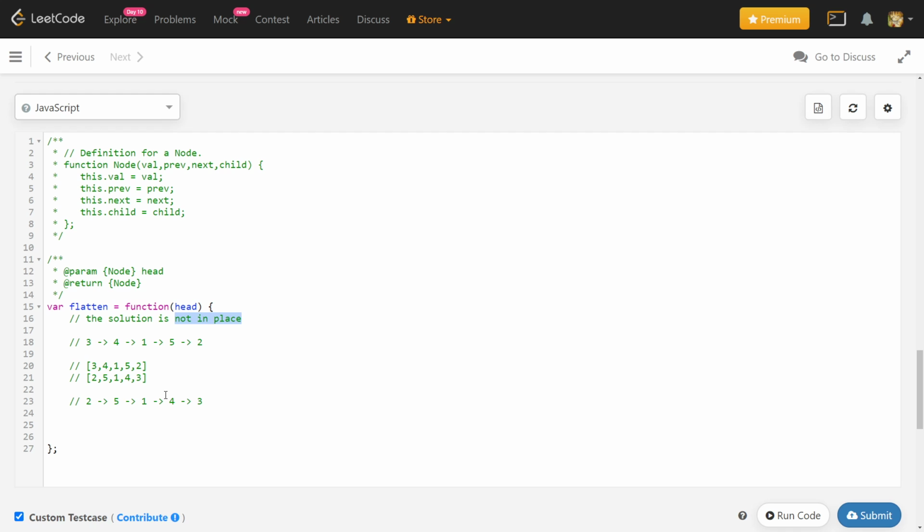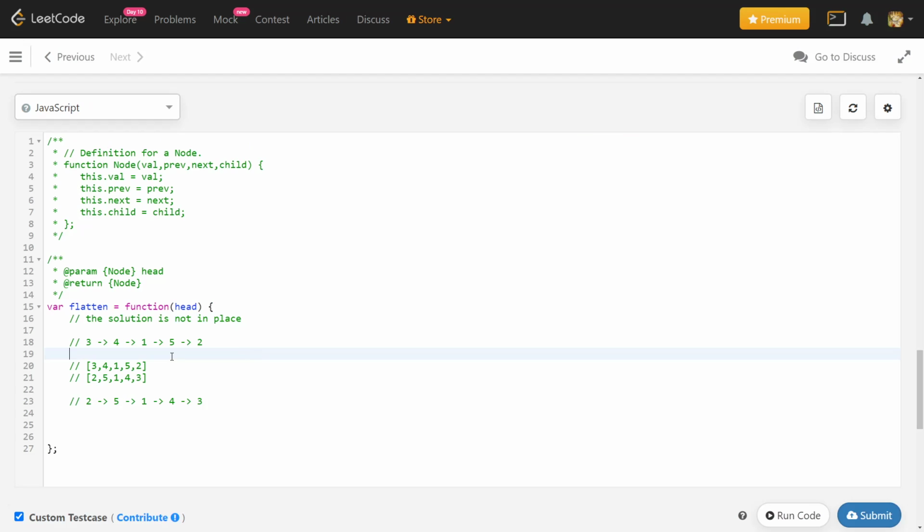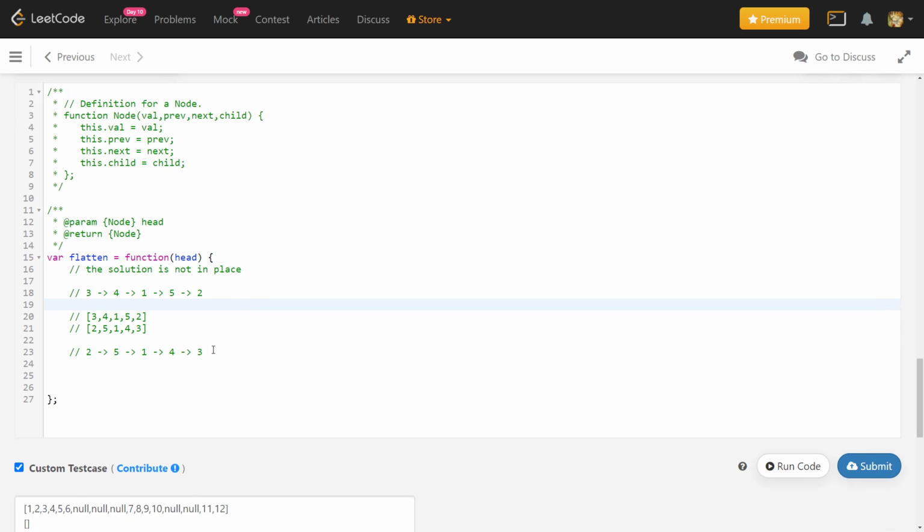But if you want to practice solving a question which requires in place, you can look at this question on LeetCode. It's 114th, called flatten binary tree to linked list. It asks that we have to solve it in place. If you want to see how to solve it in place, I will not code it, but I might talk about how to do it in place at the end of the video. It is just implementation. There is nothing tricky there, but there are implementation details. I think this is easier to implement, so I will implement it this way.